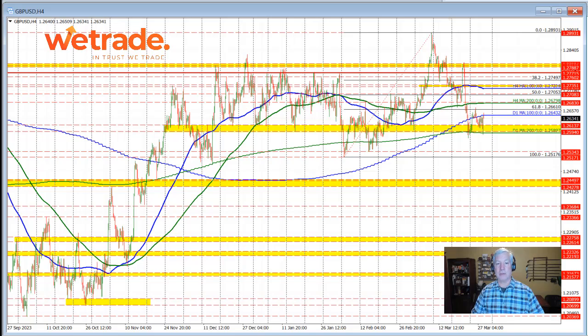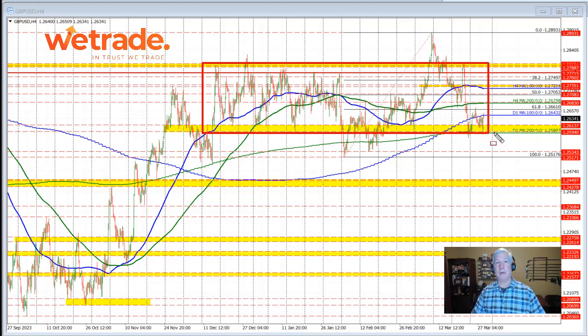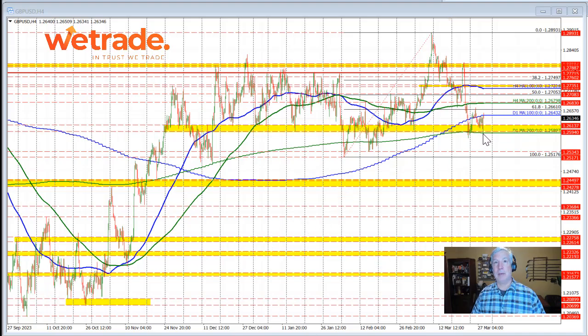For the sterling versus US dollar, we have our range here that we've been paying attention to, down to 1.2594. Just below that now is the 200-day moving average. That's this green line right here. It's hard to see because it's behind my red box here, but that 200-day moving average is actually dipping down a little bit on a day-to-day basis, currently at 1.25897. And as you can see, the price dipped just briefly below that moving average level before rotating back to the upside. We are currently testing